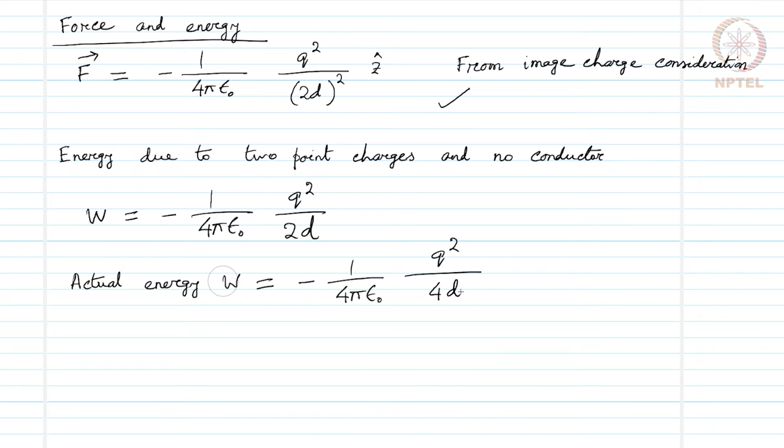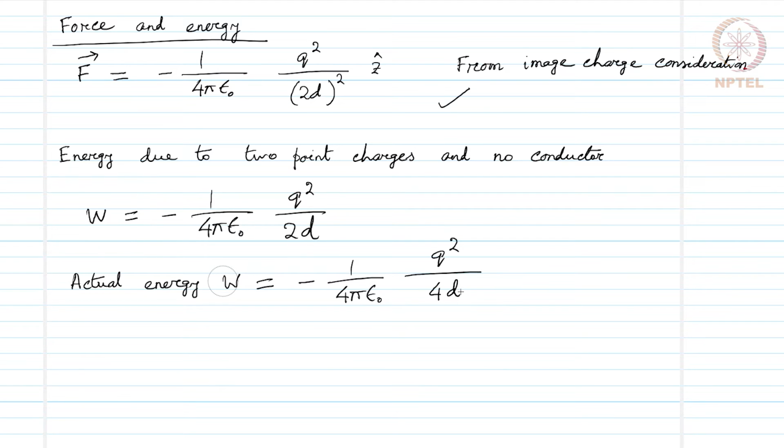This would be the actual energy for this kind of a system. Let us try evaluating this directly from the original problem, considering the electric field is strictly localized in the upper half